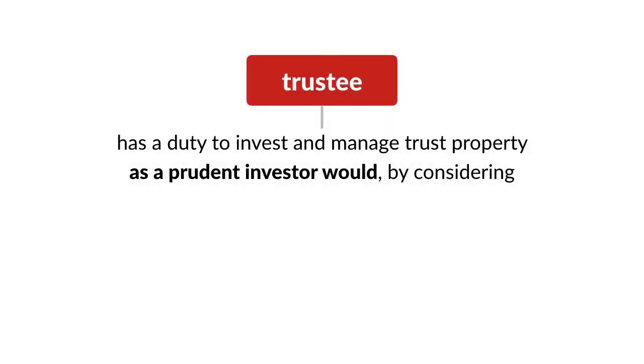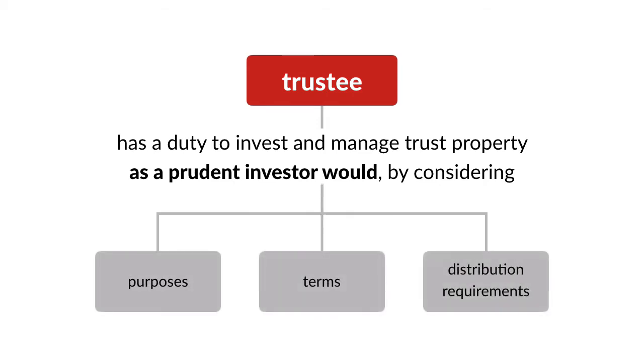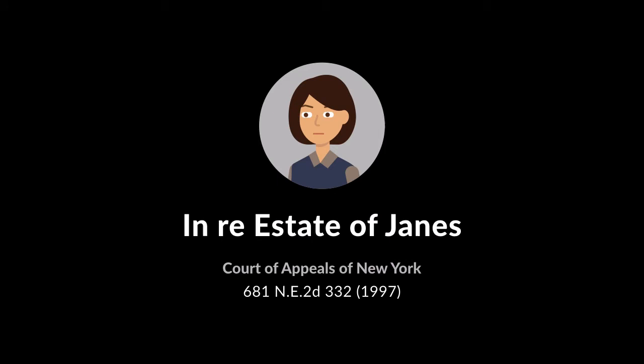In many states, a trustee has a duty to invest and manage trust property as a prudent investor would, by considering the purposes, terms, distribution requirements, and other circumstances of the trust. In the 1997 case In re Estate of Janes, the Court of Appeals of New York considered whether a trustee breached its duty under this so-called prudent investor rule by failing to diversify certain shares of stock that drastically decreased